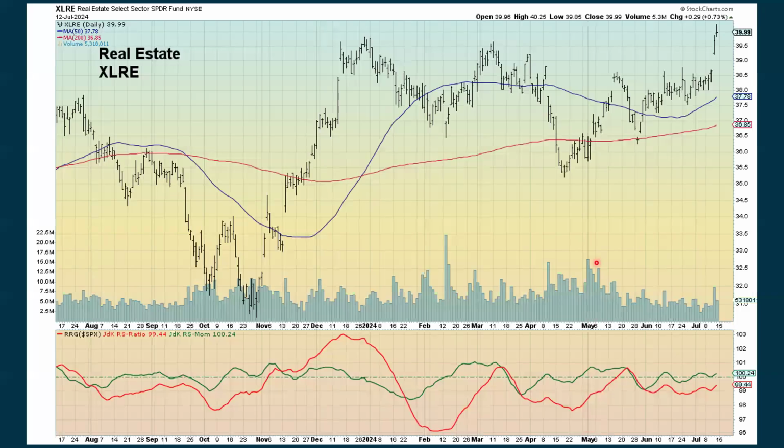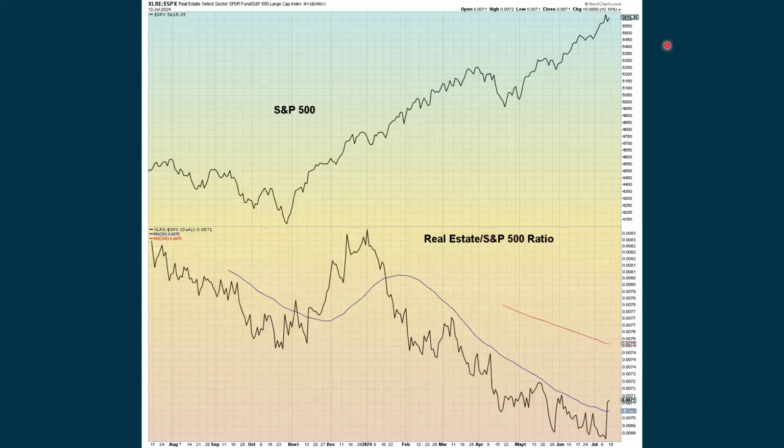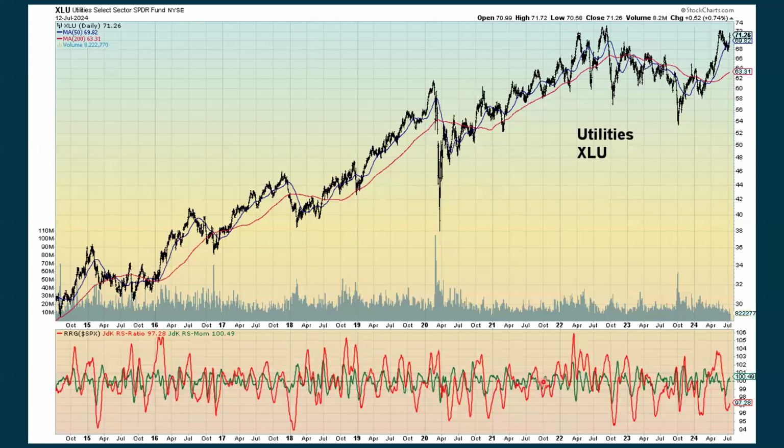And we look at real estate, which is benefiting from the potential of lower interest rates. And so we're seeing a little bit of improvement with the momentum and relative strength. And the chart is actually showing a little bit of a breakout here, but it's still underperforming when compared to the S&P. We want to see this continue to go up. It's in a solid downtrend currently.